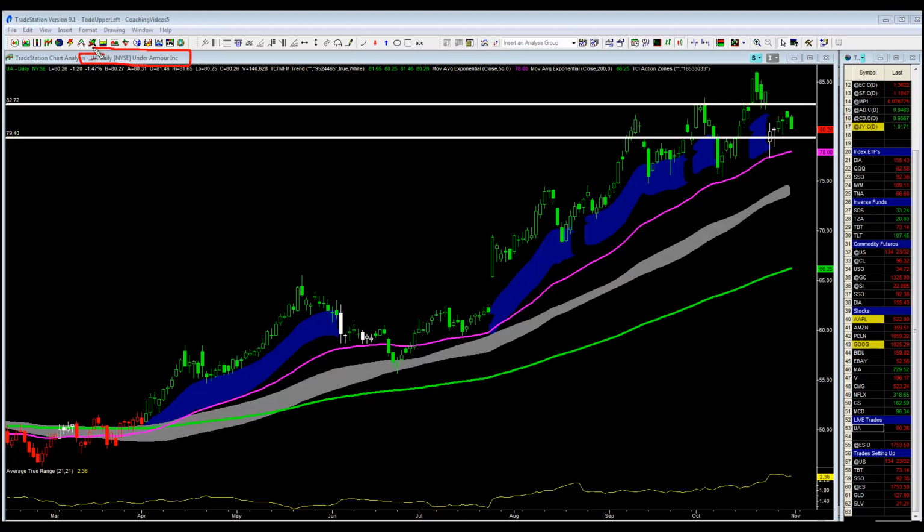We are looking at the chart of UA, Under Armour. If you recall, I had a pretty good lesson for you yesterday on how I re-entered this trade after getting stopped out with a pretty tight stop. I re-entered the market on an intraday basis, and I went long at